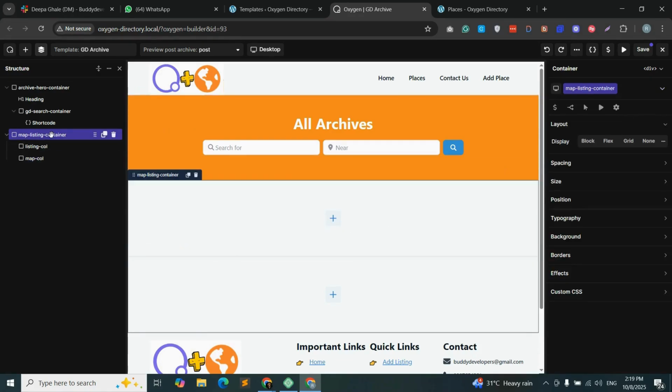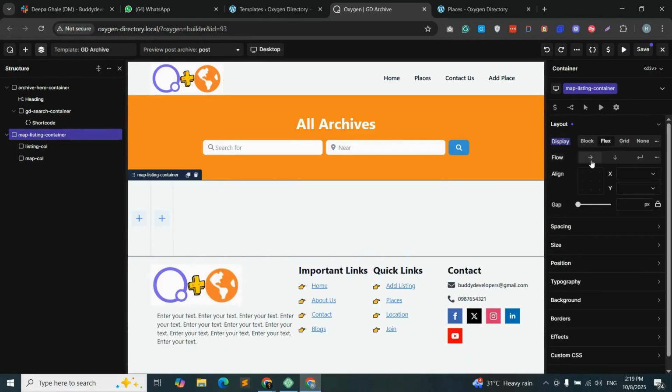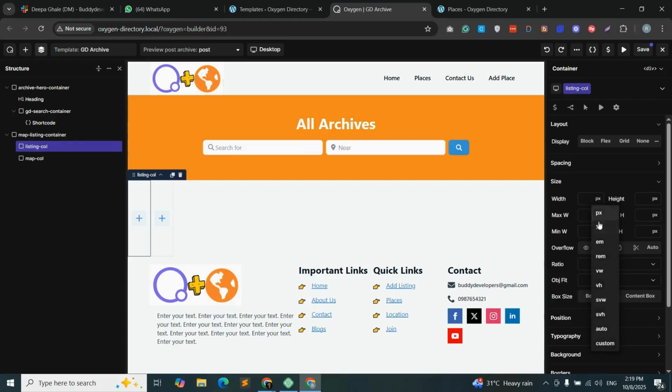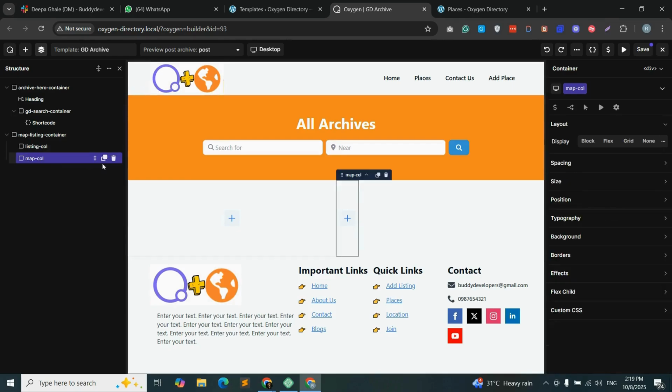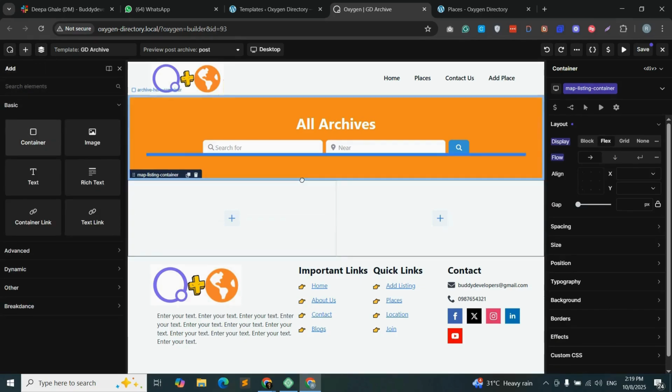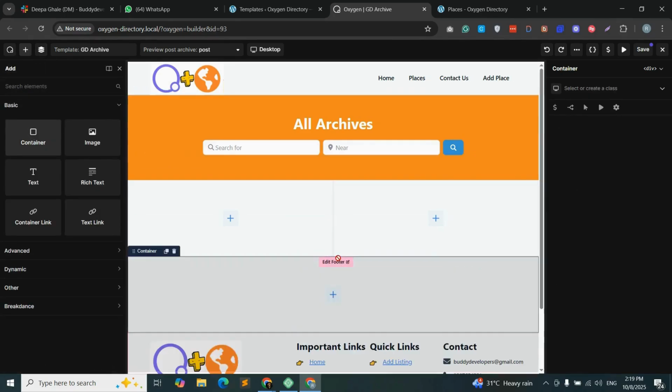Then coming on to the main column, then flex, then flow row wise, and in the listing column, then size, pixel to percentage, and then 50%. Then coming on to map col, then size, editing it to 50%. Then we will be taking one more container below it, then coming on to structure,